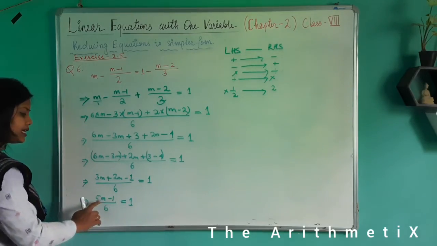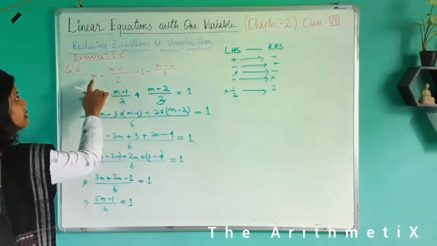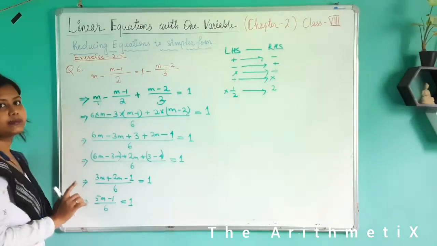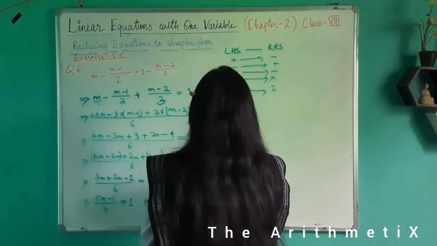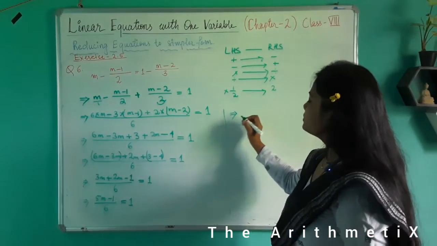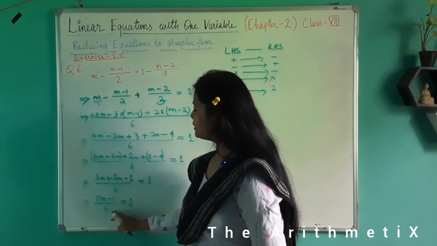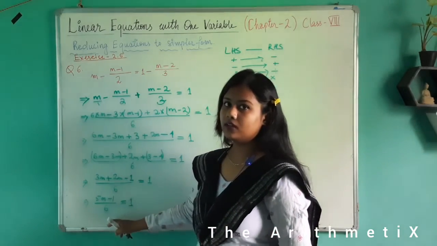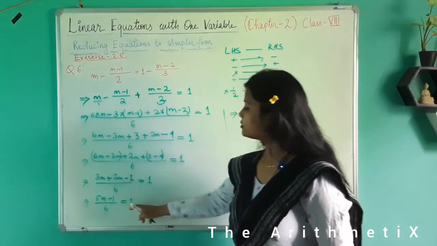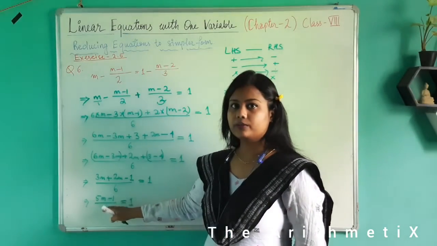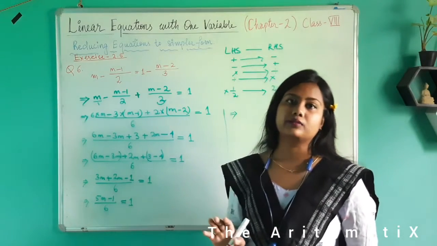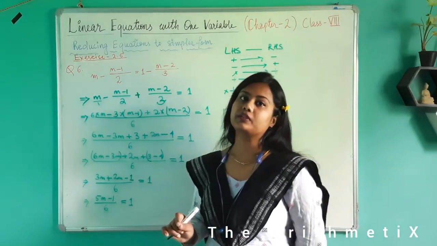Now see, our equation has been reduced to a simpler form. It was a complicated equation earlier, and it has been reduced to a simpler form now. अब एक्सरसाइज 2.1 में हम जैसे सॉल्व कर रहे थे वैसे ही सॉल्व करेंगे। So see, now as it is divided, it is a ratio now, so 6 has to be removed first. We cannot remove 1 or 5 because there is already a division with the total polynomial in the numerator and 6 in the denominator. It is totally divided by 6, so 6 has to be removed first.